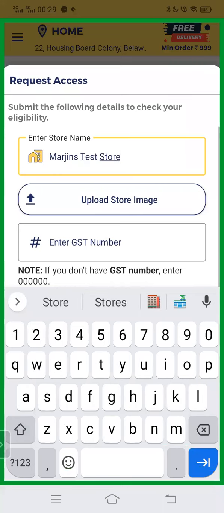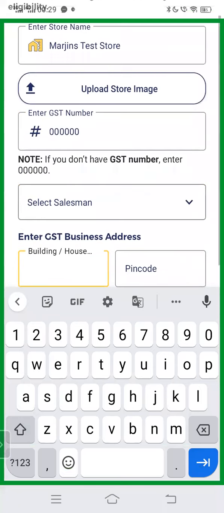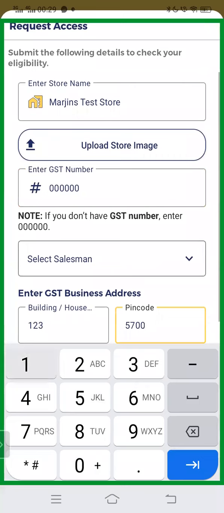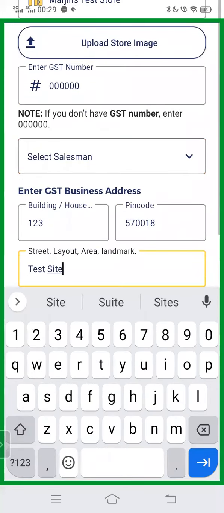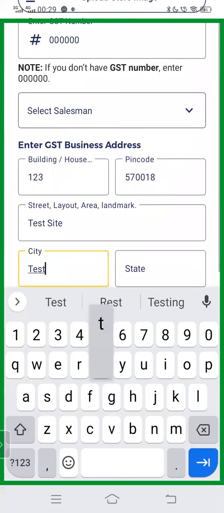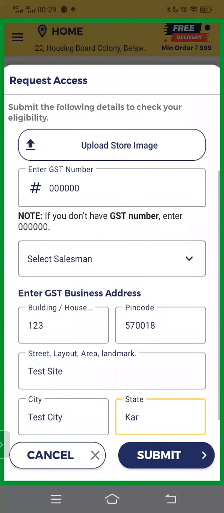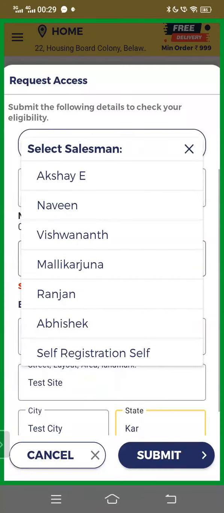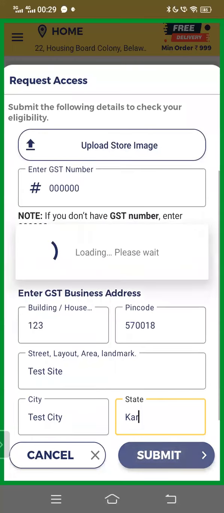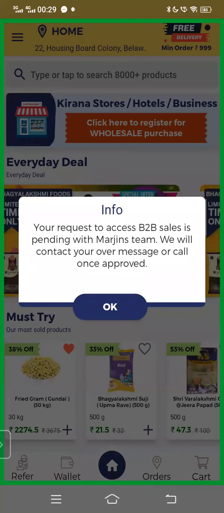So I'm just entering my store details. I don't have a GST, so some random number, test site, test city, and state. I'm going to select the salesman as self-registration because no salesman came to me to recommend this app. Once I enter all those details,